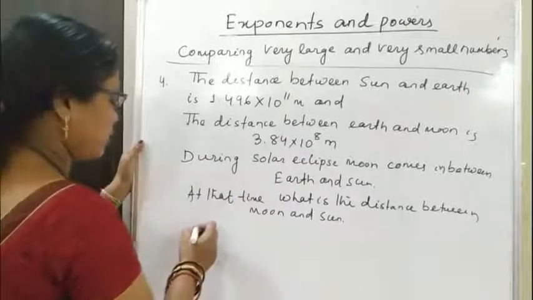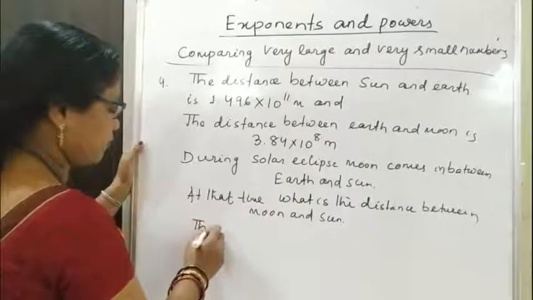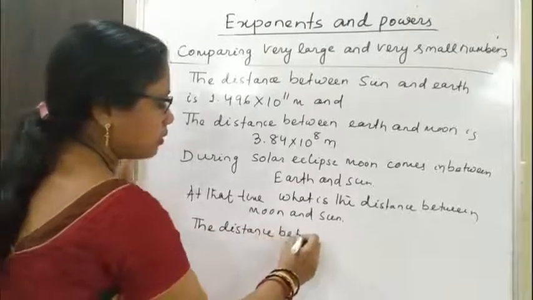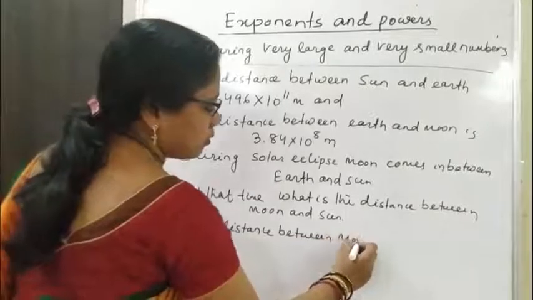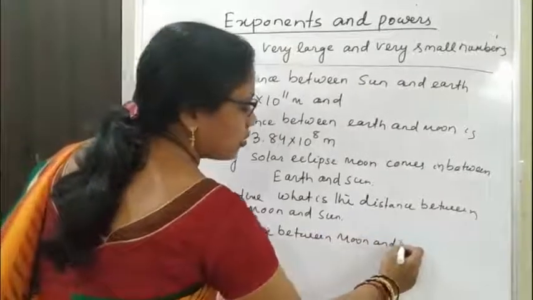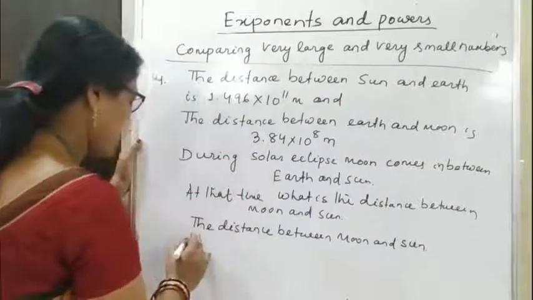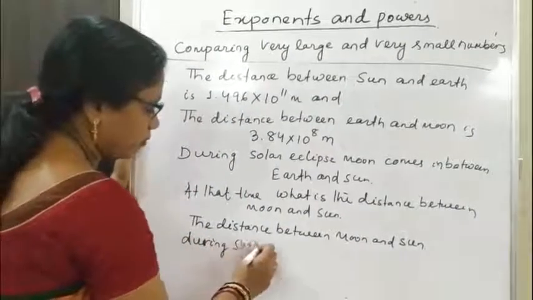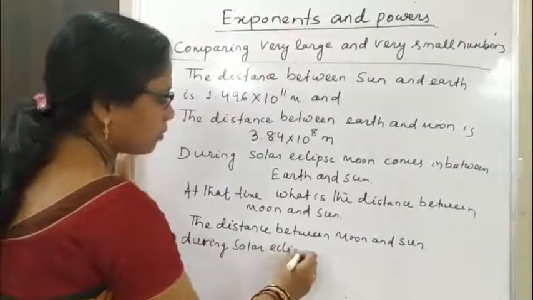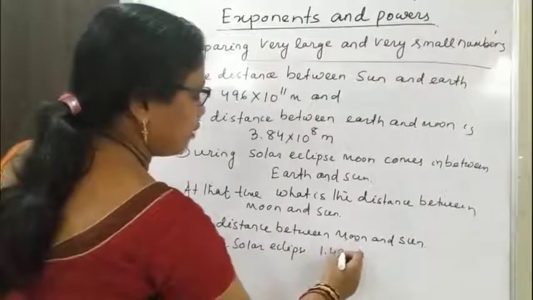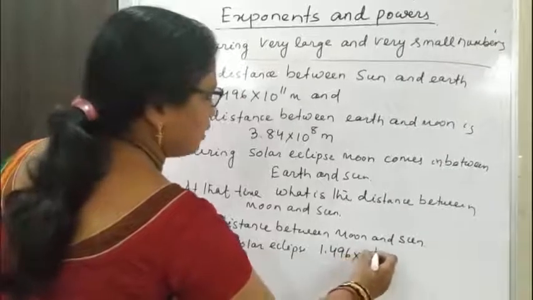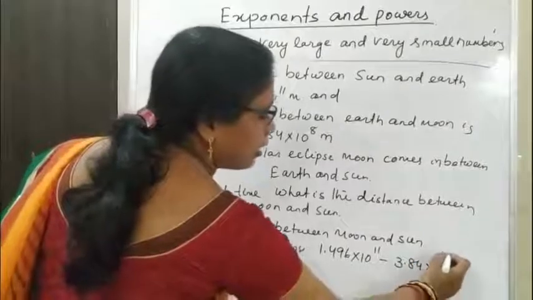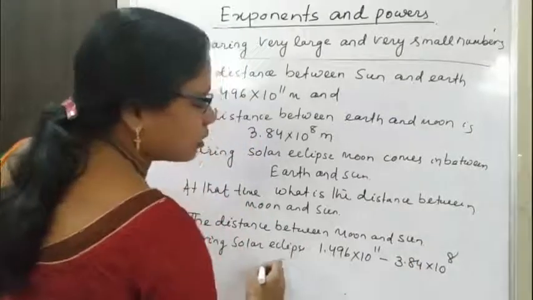So the net distance between Moon and Sun during solar eclipse is 1.496 into 10 to the power 11 minus 3.84 into 10 to the power 8. So this is equal to